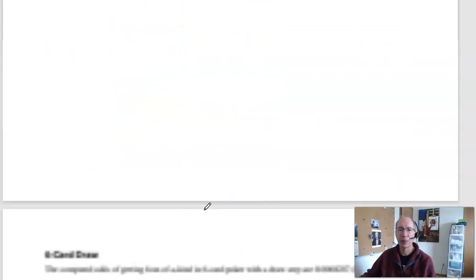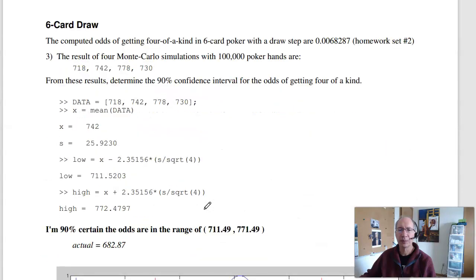Problem number 3. Same thing with 6-card draw. Now, 6-card draw, this is a pretty complicated derivation. To get 4 of a kind in 6-card draw poker, I'm dealt 6 cards. If I have 4 of a kind, I keep them. If I have 3 of a kind, I discard 3 cards, draw 3 new, trying to get 4 of a kind. And doing that, or various combinations of what I have, I computed the odds as being 0.00682,